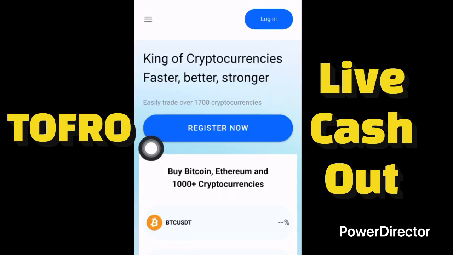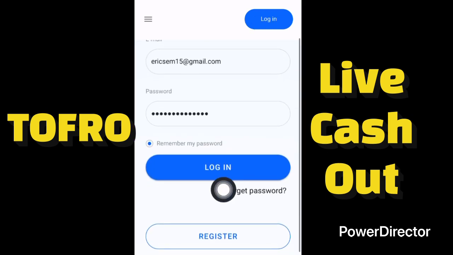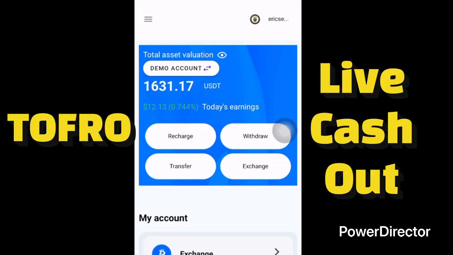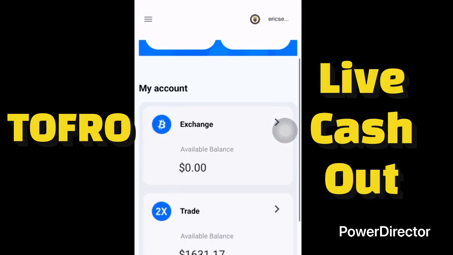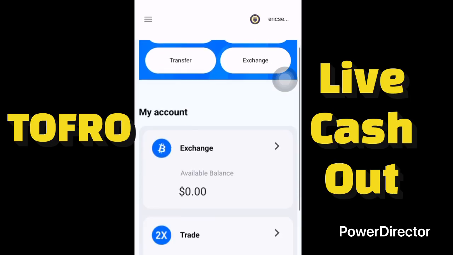This is the homepage of the platform. Let me click on login and log in, since I already have an account. Logged in successfully. This is the dashboard of the TOFRO exchange platform, and you can see I have 1,631 USDT currently. Before you can withdraw money from your TOFRO account, you need to first transfer